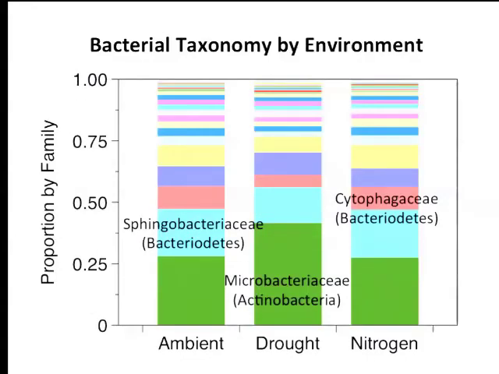Okay, so for those of you that are interested in particular microorganisms, I'm just going to quickly go through two brief slides about the diversity that we see in these plots and in these litter bags, because I think there's a couple fascinating things. So this is just a bar graph of different families of bacteria in the ambient plots, the drought plots, and the nitrogen plots. And one thing I want you to see is that there isn't much of a big shift. So we're not talking about giant turnover in communities. What we're talking about is a shift in the relative abundance of just a few taxa